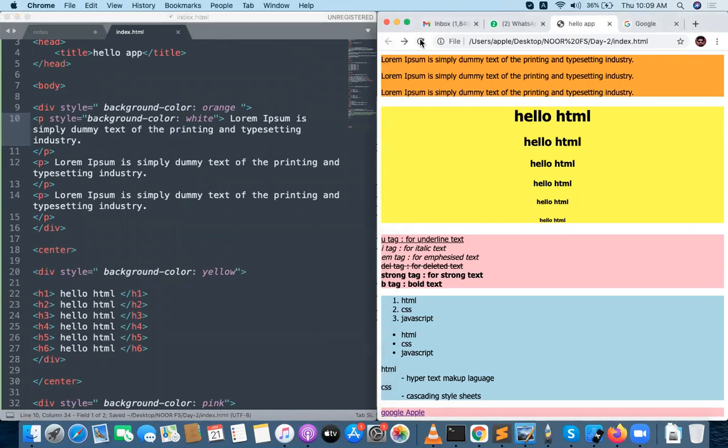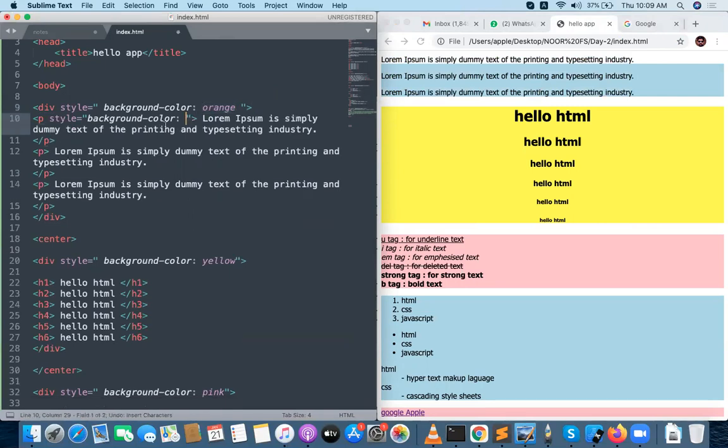Now you see the paragraph occupies the complete width of the page. Can you see this? Okay, let me do light blue.